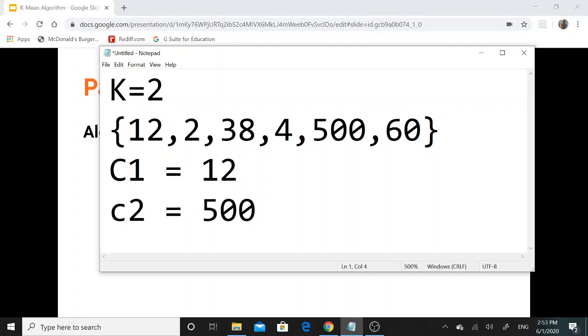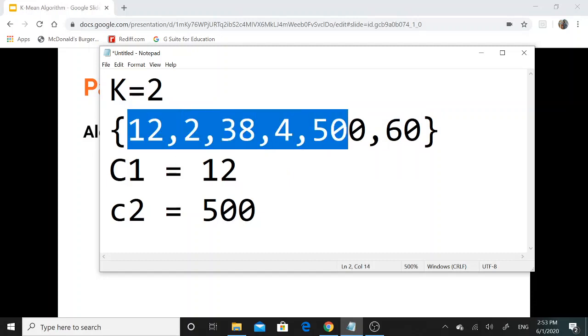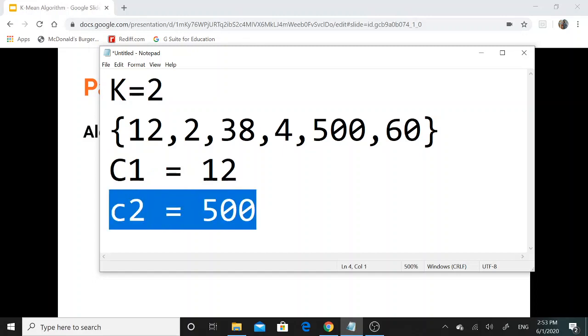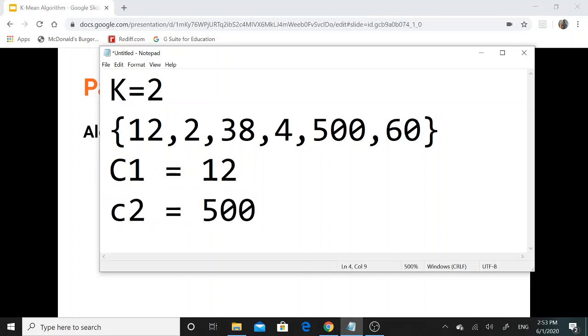Since the value is 2, we need to arrange this data set into two different categories, and for that purpose initially I can pick any random 2 values which will be considered as the centroid or mean value for these data sets. So here I have picked 12 as the first centroid value and 500 as the second centroid value. These are random values. You may pick different ones according to your need.